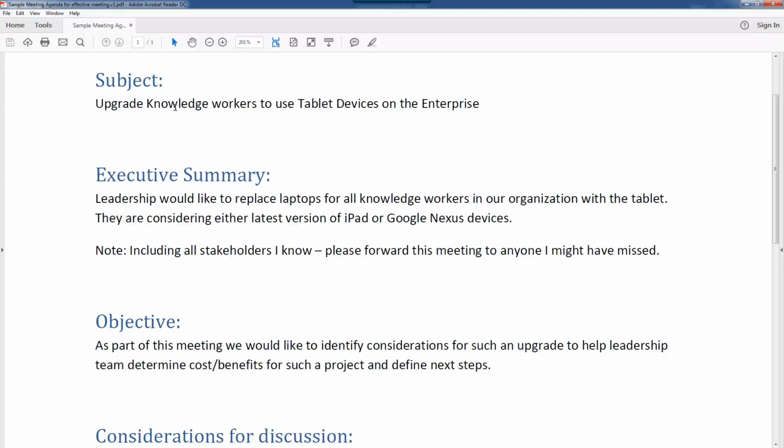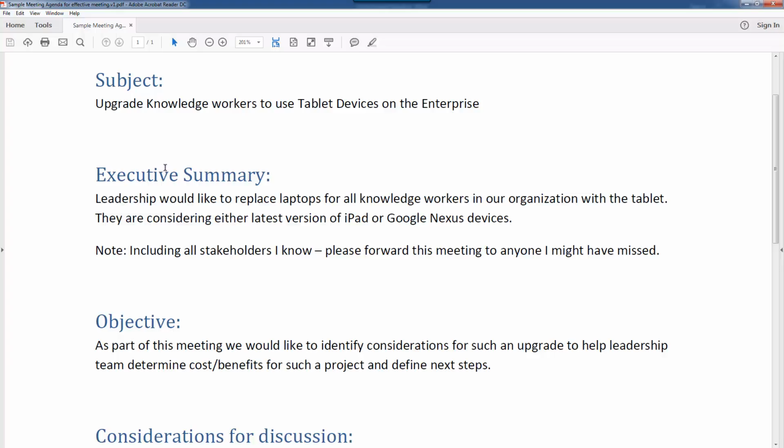Right? It tells that this is specifically the category of users and what we are planning to do as part of this meeting. There's also an executive summary, which tells what the objective is and why participation in this meeting is important to the participants. First of all, it mentions the leadership of the organization. It mentions what is going to be done and what leadership is looking to do,